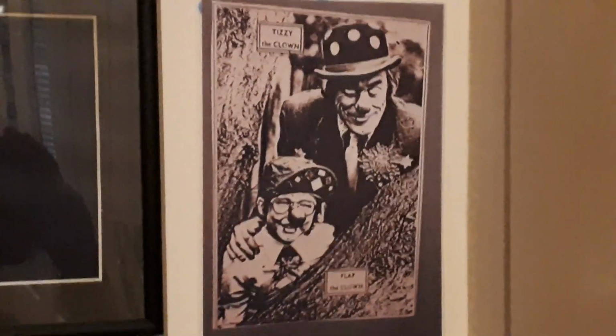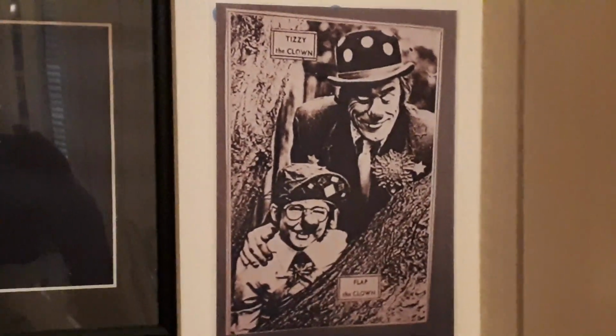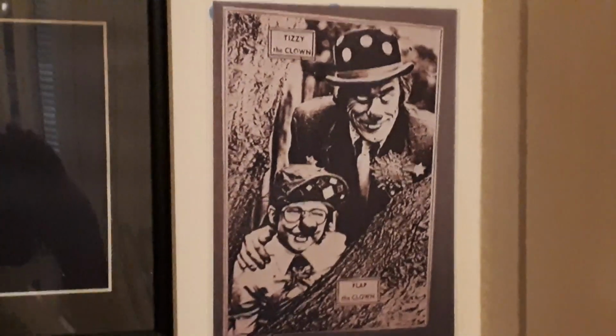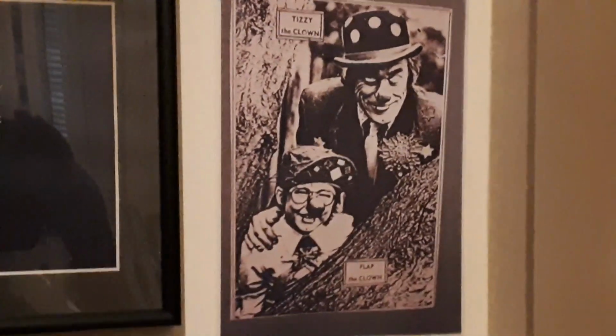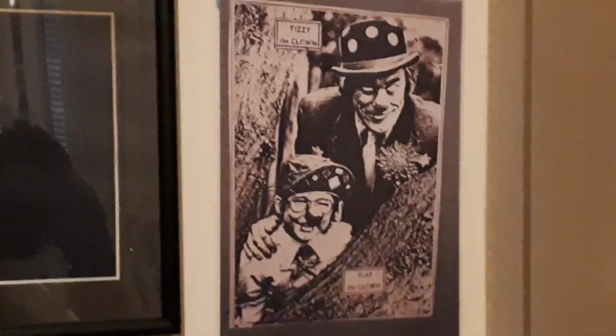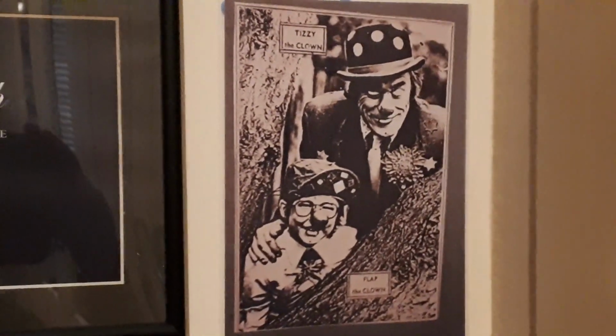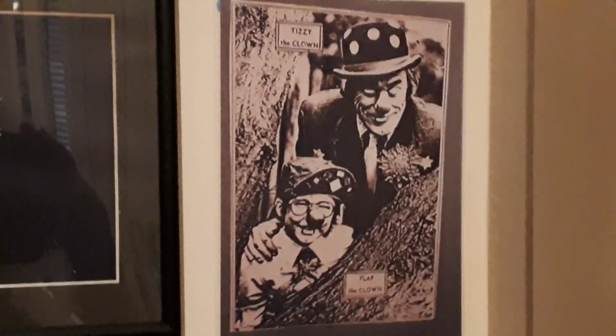And the first proper circus was Gandhi's Circus, but this is when I was 6, and this ended up in the Manchester Evening News, and that led to the Daily Mirror. And then at the age of 8, I was on Granada TV as Flap the Clown and various radio shows,